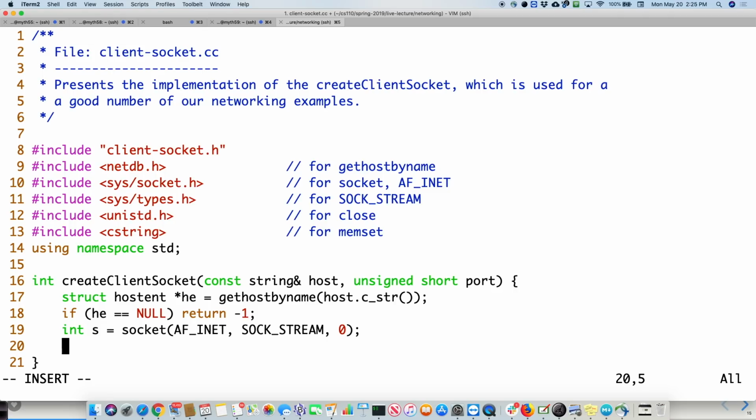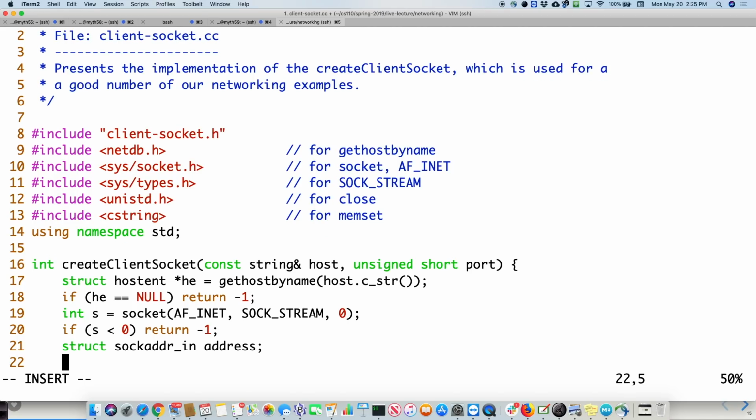All right. Okay, so that's that. If s is less than 0, again, that means we had a problem. Return -1. Now we have to do struct sockaddr_in address, and we need to populate this address we're creating here, because we're going to use it to do the connection.